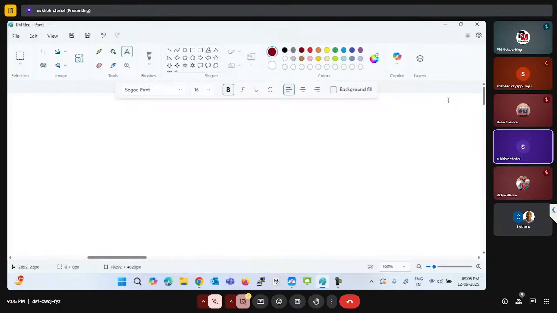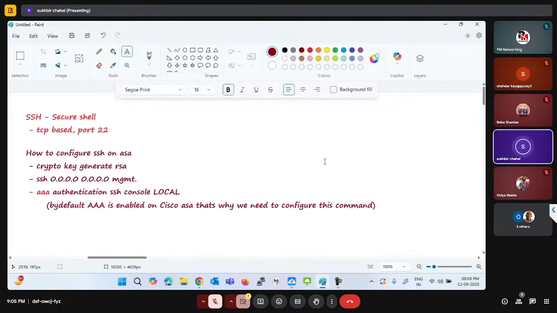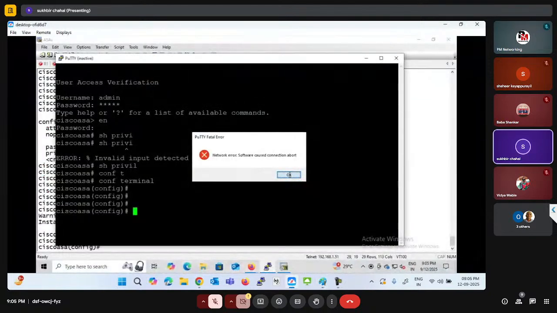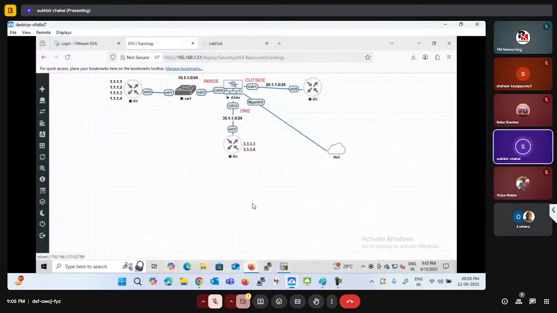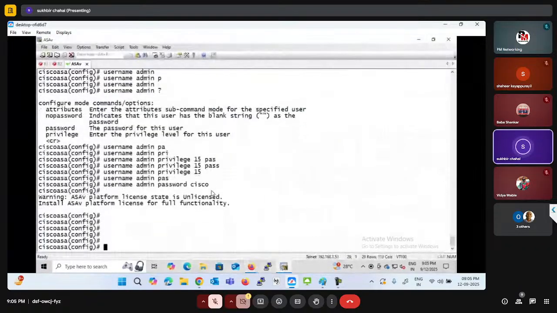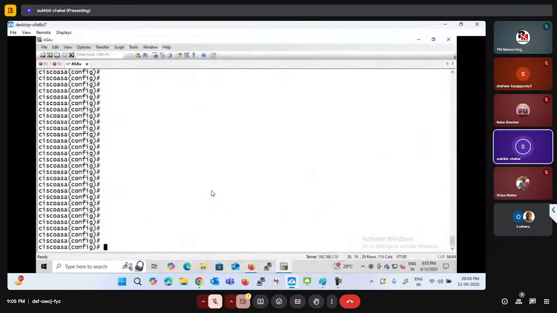Now let's start the configuration. Then we will see how we can configure it. Now what I'm going to do, I'm going to configure SSH. We already have username and password, so we don't need to configure them again, but we can start with